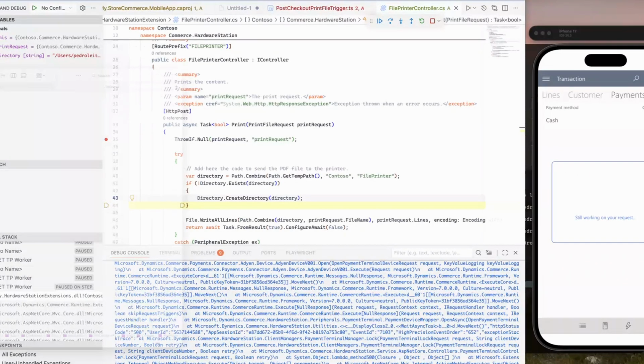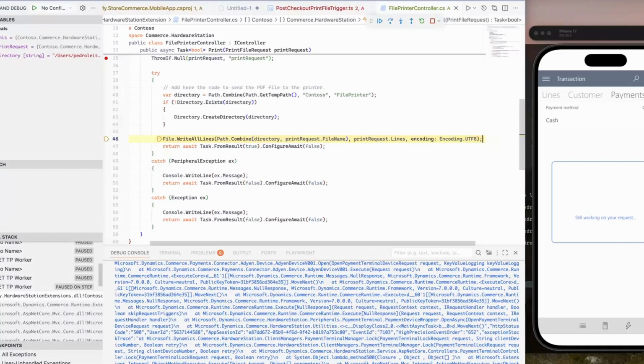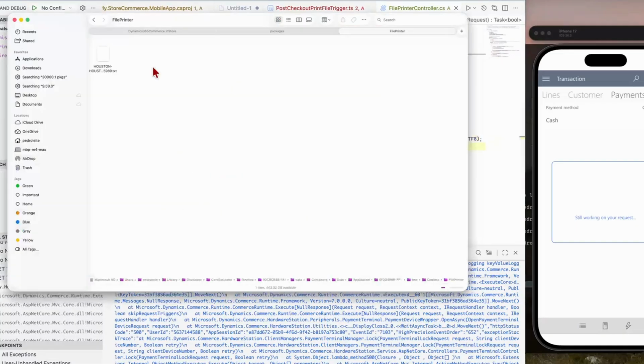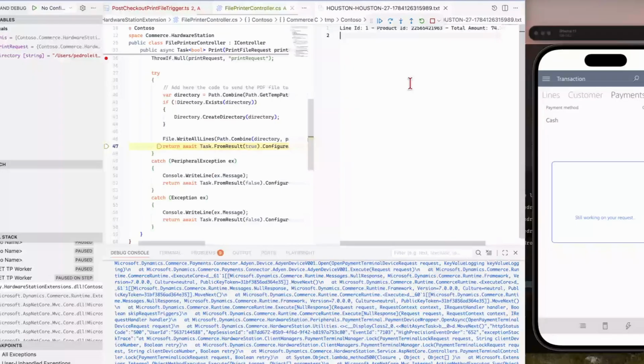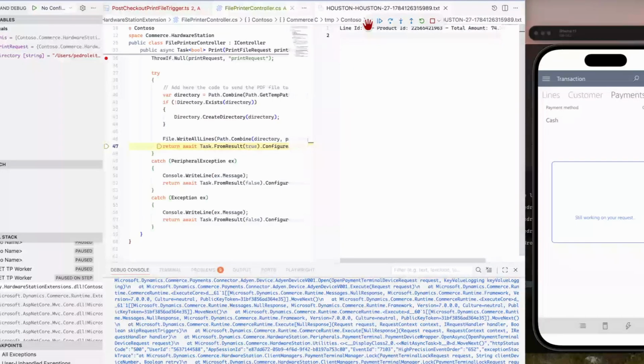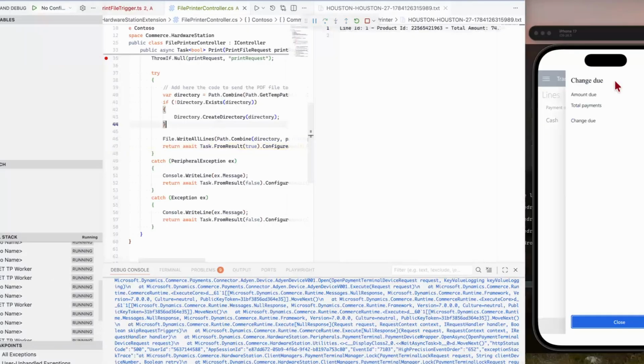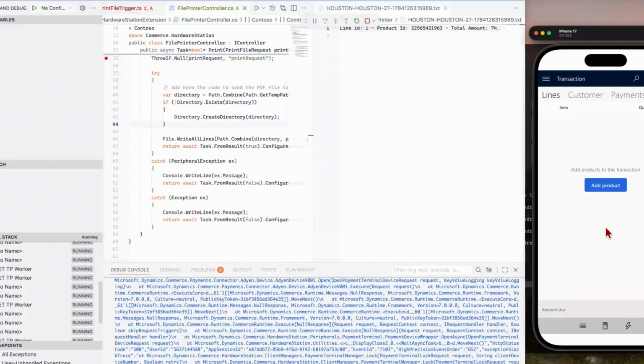I went to the path, and I'm going to go ahead, write all files. And I have here the line with the product ID and the total amount. Then I'm going to continue, and then I'll come back to pause. And for the same,